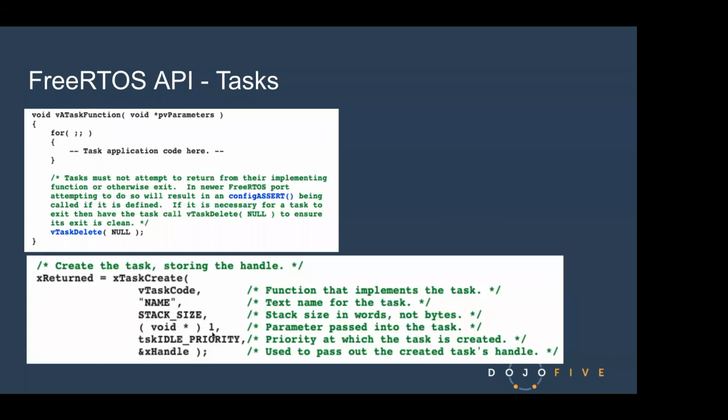So we can optionally pass parameters into the function. You can see the function prototype has to take a void pointer as a parameter. And that is the one and only parameter. And you can do with that what you want. Many tasks just ignore that void parameter, but